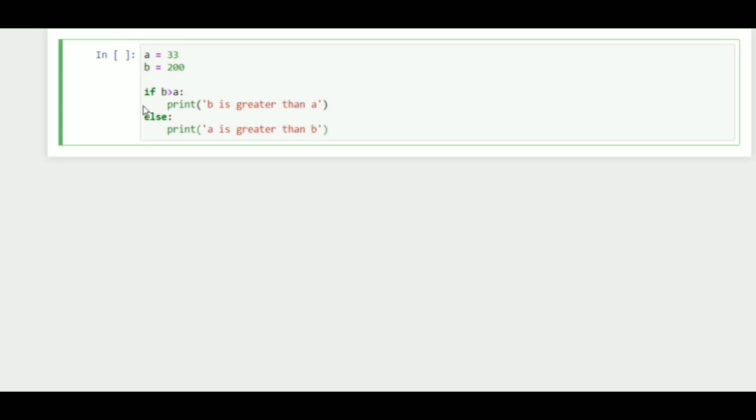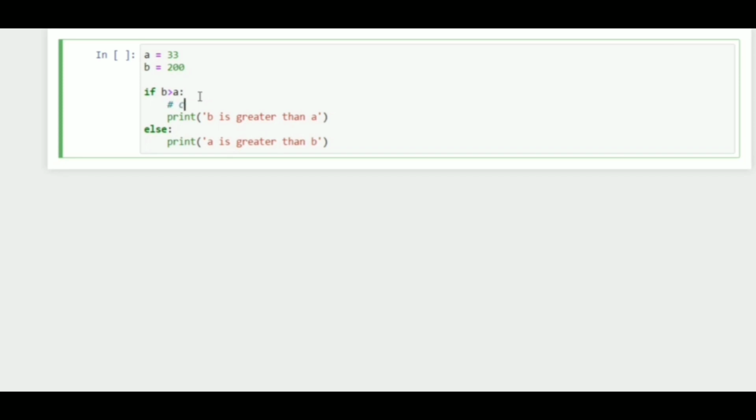This block of code will be executed if the condition is true. The else block will be executed only if the condition or any preceding conditions are false. We can apply various conditions using the elif keyword.